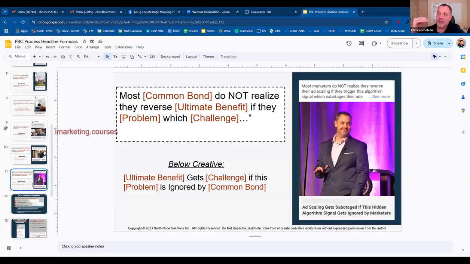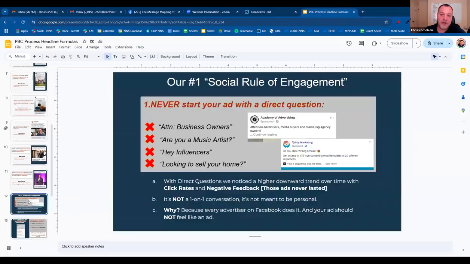What is always included in a statement that is a direct statement? The word you. So I am going to be blasphemous and absolutely heretical, as the absolute marketing heretic that I am. And I'm going to tell you that using the word you is okay for your funnels and your landing pages because they've basically given consent for you to talk directly to them. But in order to avoid the high negative feedback that comes from direct language on social media, you're not going to use the word you or your in your headlines. Okay, let me show you what I mean.